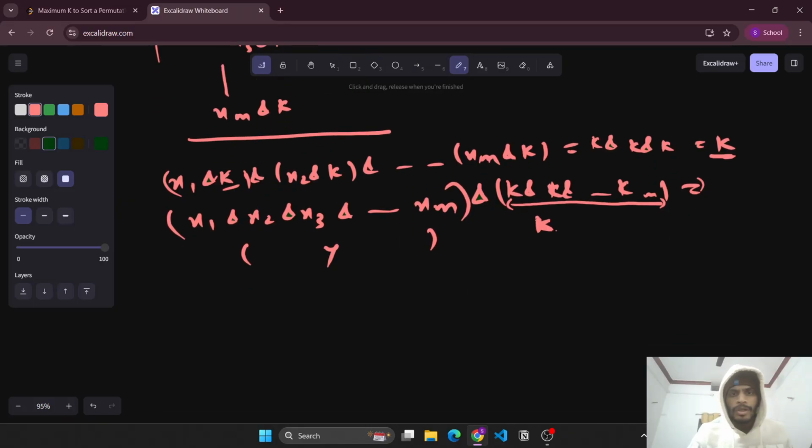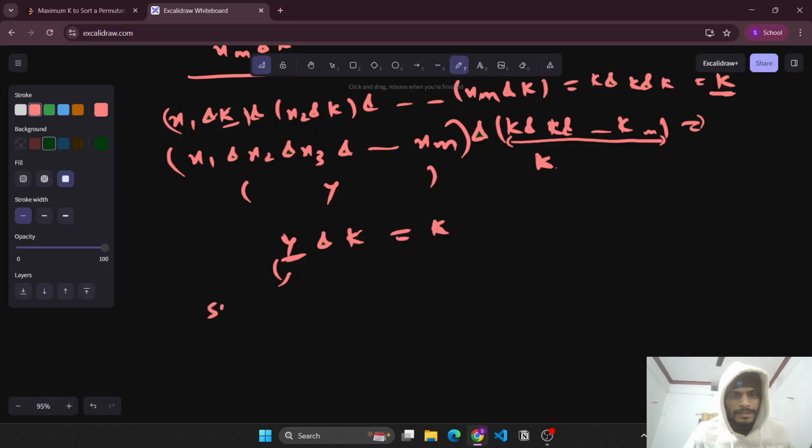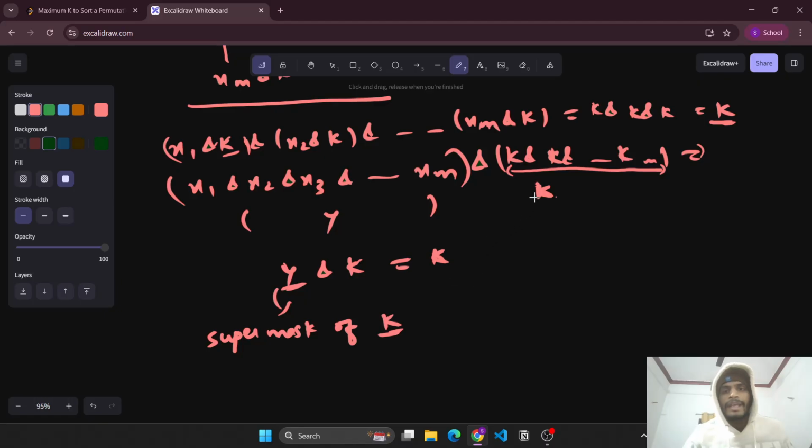So what do we want? We want to take y such that y and k is equal to this k. So obviously, what will this y be? This y should be some supermask of k, obviously. And since we want to choose this y, means this k, as max as possible, so